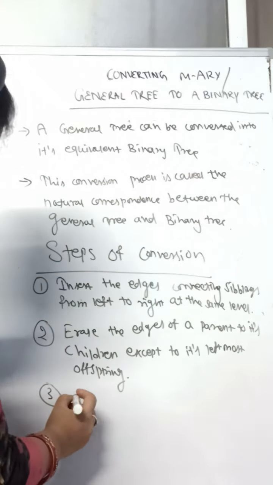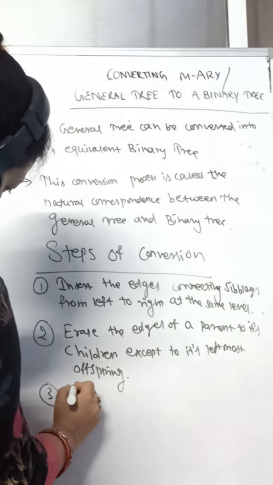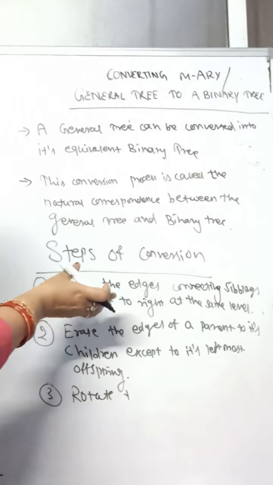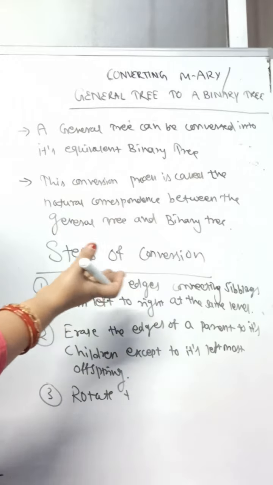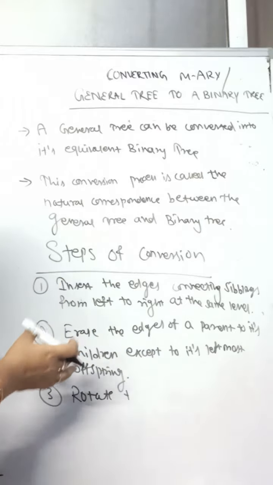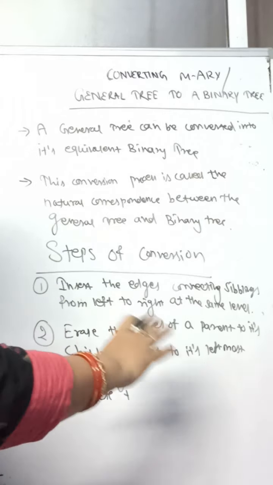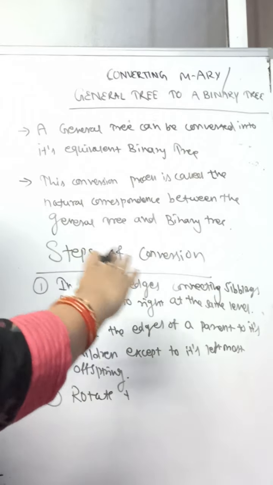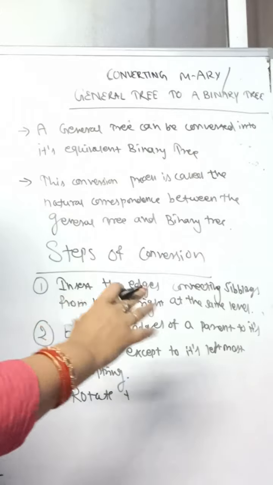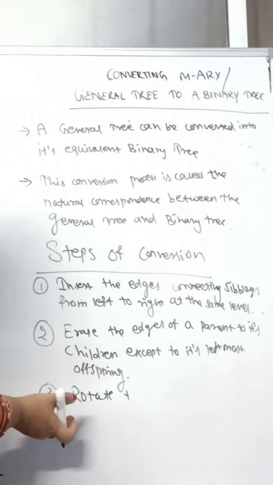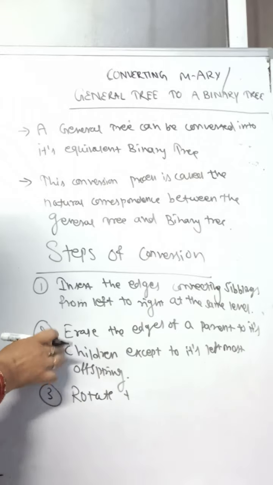Then rotate the obtained tree. So first I have to insert the edges connecting the siblings from left to right. Then I have to keep the leftmost child, or leftmost offspring, and I have to erase all the connections with the parent, the right children to their parent. Okay, then I have just got one tree. Then I have to rotate that tree